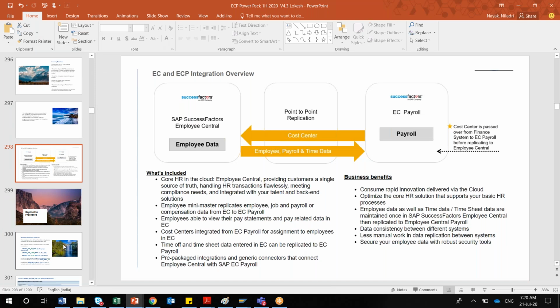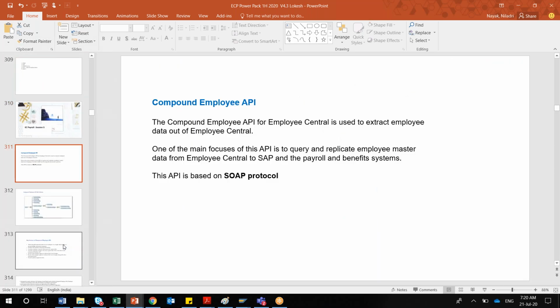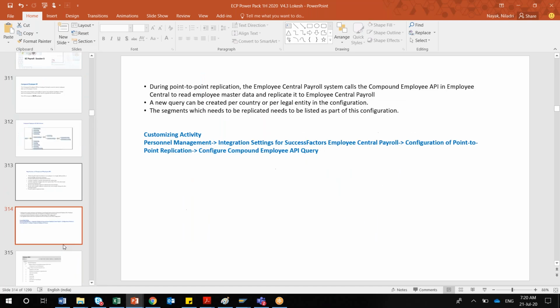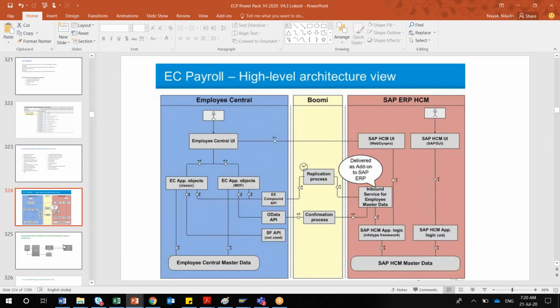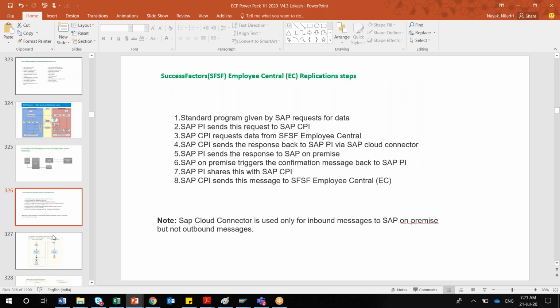No, this is a very generic one. I think somewhere I put it here. I think this is the Compound Employee API which I have given in detail. This is your schema level. Another thing, yeah, this is the one you're talking about. Is it related to Boomi? But it is more or less OData. This layer you're talking about, I think. OData API and employee, this is the one. But where is that OAuth and all that stuff? Security access. I think it is the security aspect. I didn't put it in this diagram.